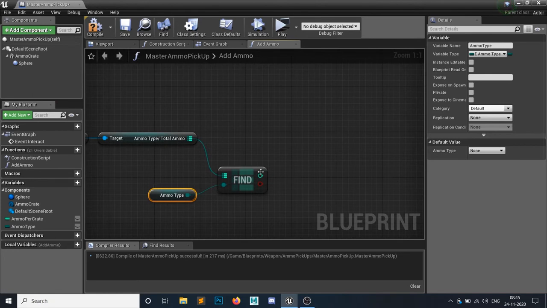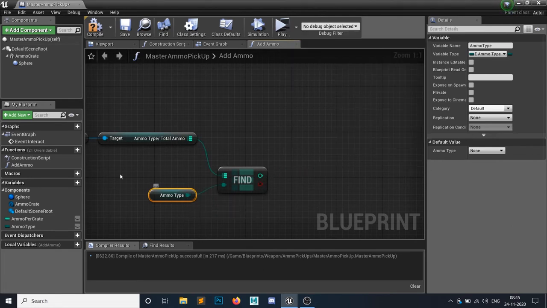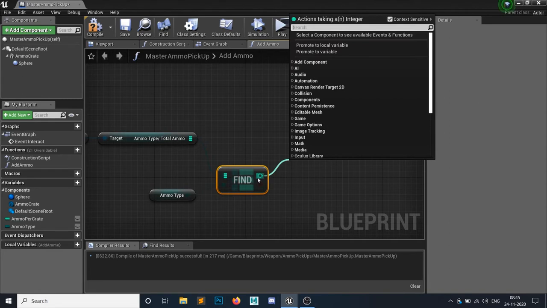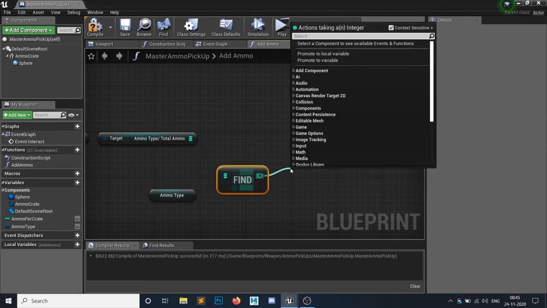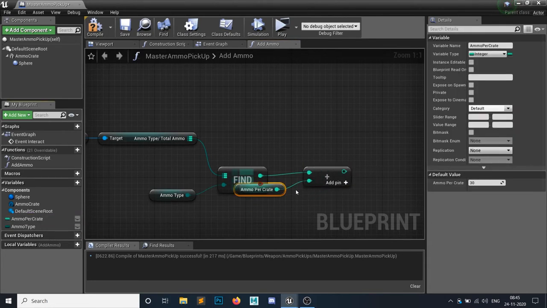It will find this ammo type, and this will give us the value of that current key. If this is a rifle ammo, then this will give us the amount of rifle ammo we have. And I need to simply add the ammo per crate.